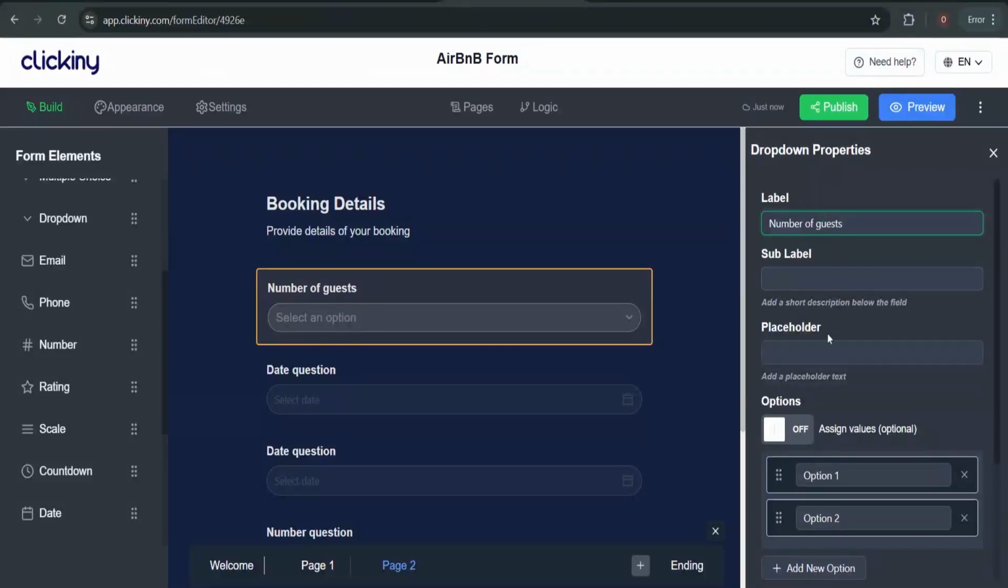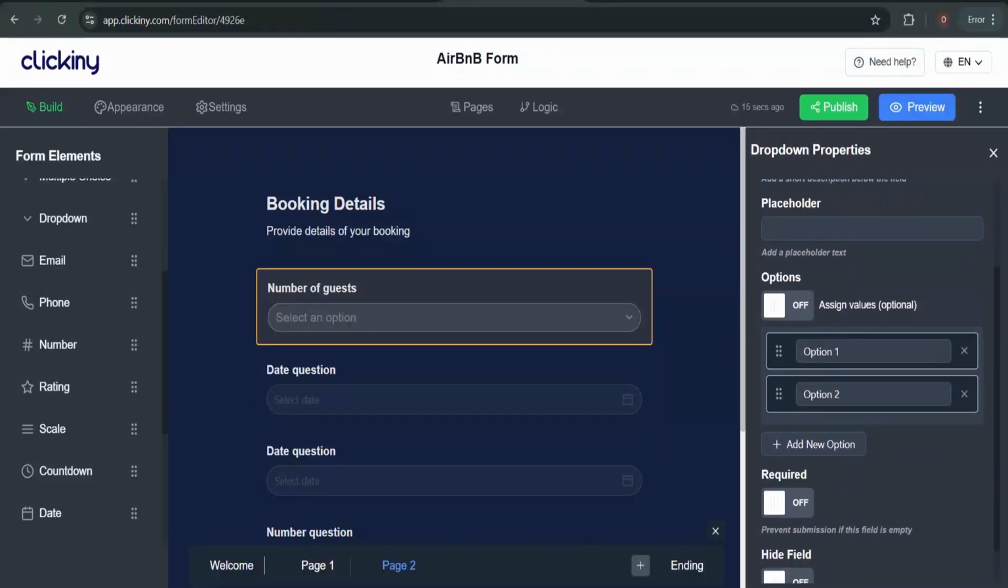Now this will tell us how many guests when they provide these details. It will tell us how many guests they intend to book the apartment for. So this will give us an idea of the size of apartments to book them for. Now we want a drop down because we want them to be able to select from pre-selected options, a range of options. So it goes something like